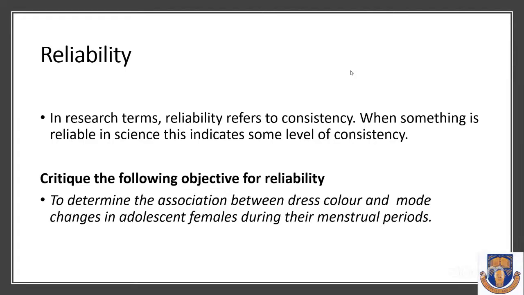It is first consistent in what it is saying, and then it is reliable. That means every time you use that instrument, it is measuring what it says it is measuring. It is not interpreted in multiple ways. So when you develop an instrument, you first do the reliability: consistency, content validity, construct validity, reliability, dimensionality. It's a whole study on its own. So don't just wake up and use an instrument.